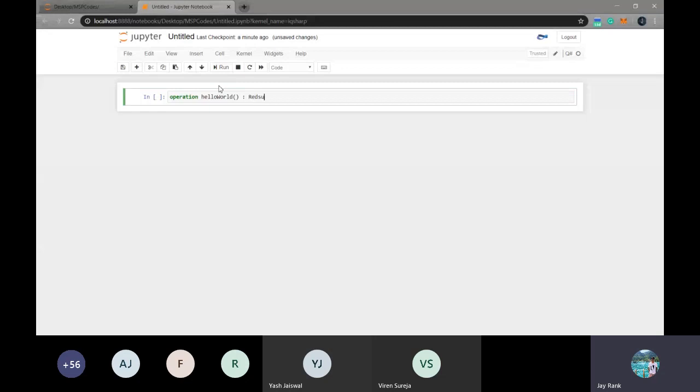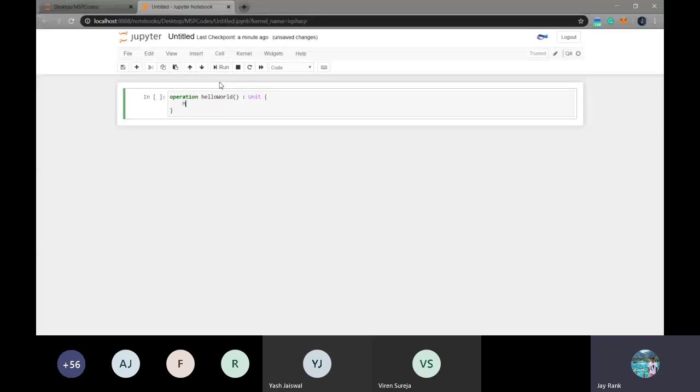Let's say you are just adding two numbers and taking back the added number. Let's say you are giving 2 and 3 as inputs and 5 as the output, so this 5 will be returned only if you write the result keyword, and if you write the unit keyword, you will not be able to return the value. So just as of now, keep it unit. And this is our first operation, and inside this, let's say we want to return a hello world string.